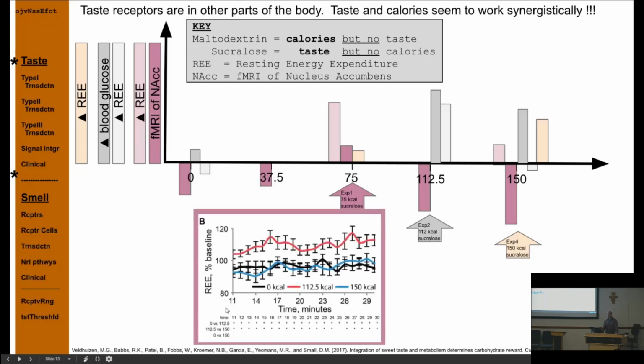You don't need to worry about this. The take home here is they looked at the difference, and 0 to 150 was bad. The red line is when taste and calories do not match up. It's kind of the same information, just